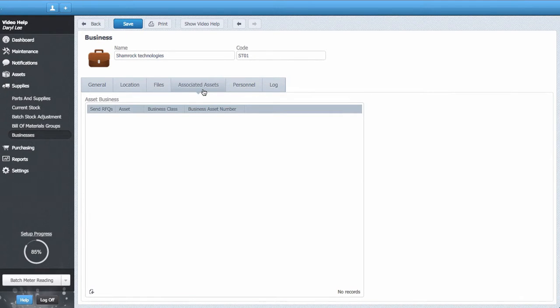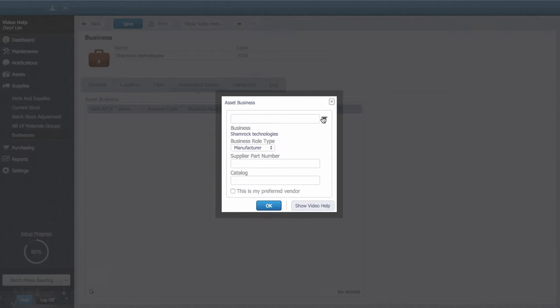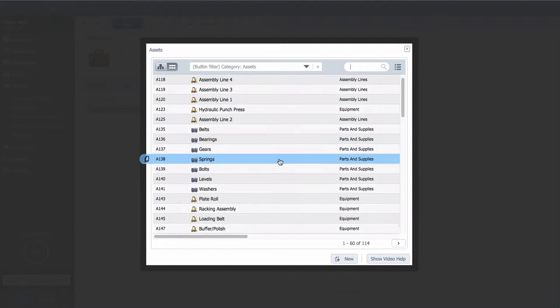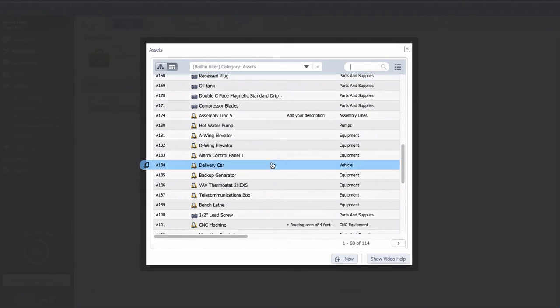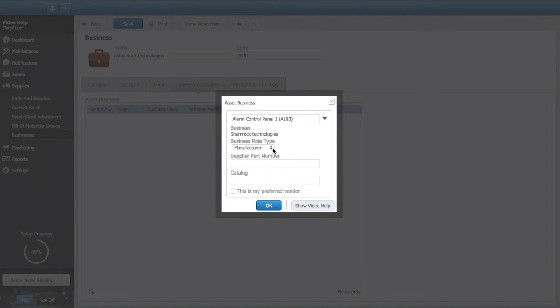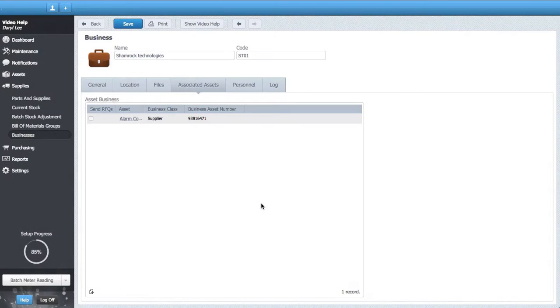Assets, parts, and supplies can be linked to this vendor in the Associated Assets tab. To do this, I select the Add icon and select the asset from the drop-down menu. Let's choose a part for demonstration purposes. Add the business type, part number, catalog number, and finally, whether this business is my preferred vendor. I can continue to associate more assets to this business in the same way by selecting the Add icon and